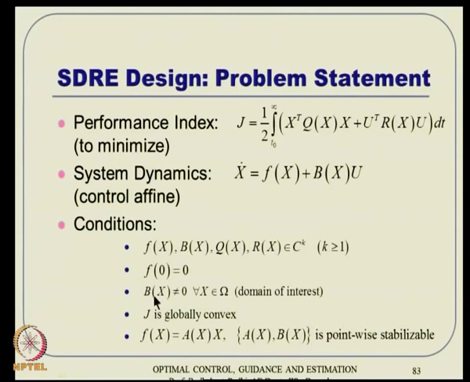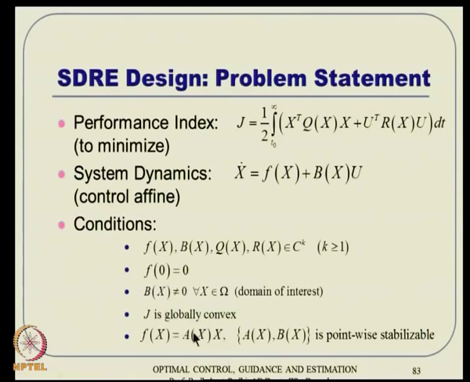Then V of x has to be non-negative all the time in the domain of interest. J has to be globally convex. Remember, q and r are not really positive semi-definite or positive definite matrices, so we cannot guarantee that. But the condition is, irrespective of whatever they are, the entire function has to be globally convex. And then one critical observation is whatever this f of x is, it has to be written